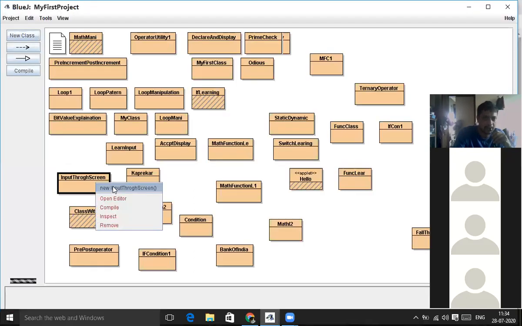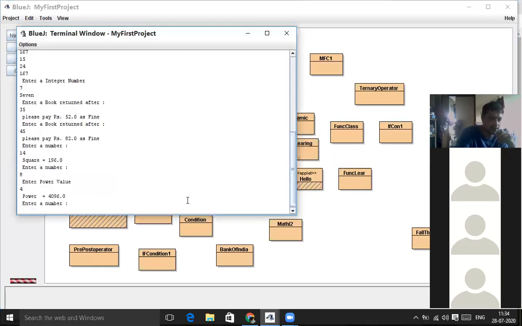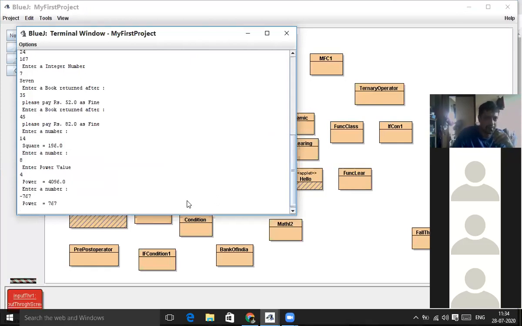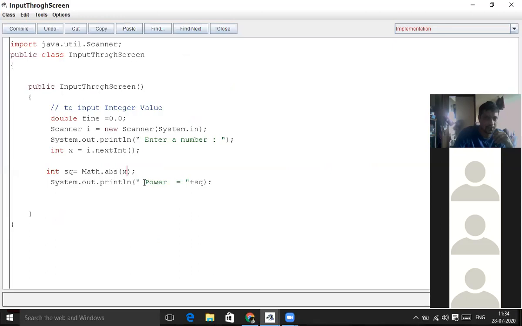So I'll just enter the value as minus 767. So what is the result? It is 767. So I have written the power that is wrong because the message is wrong over here. So instead of power, we can write absolute